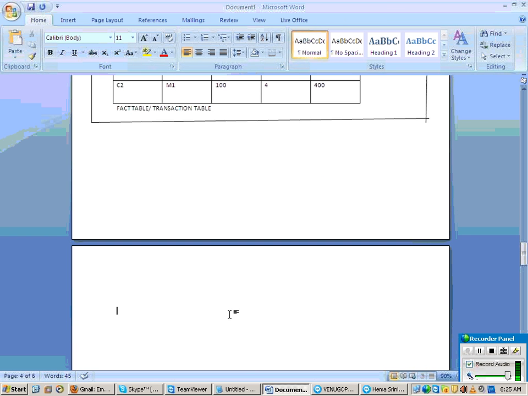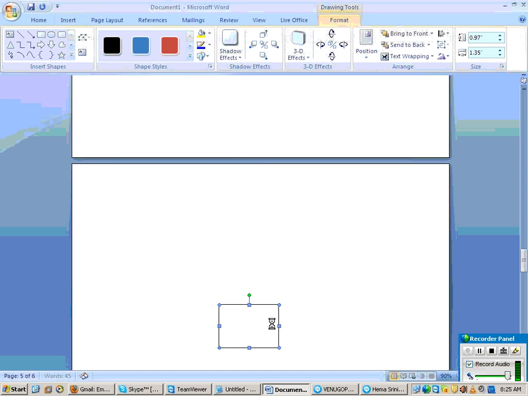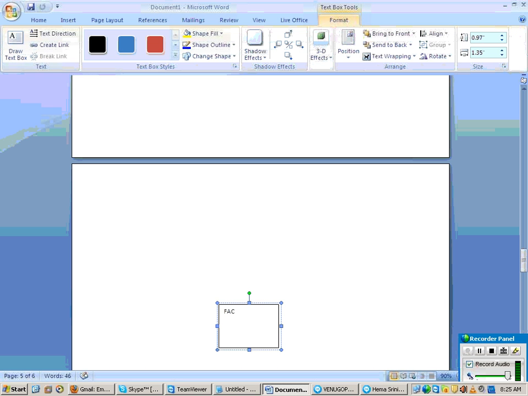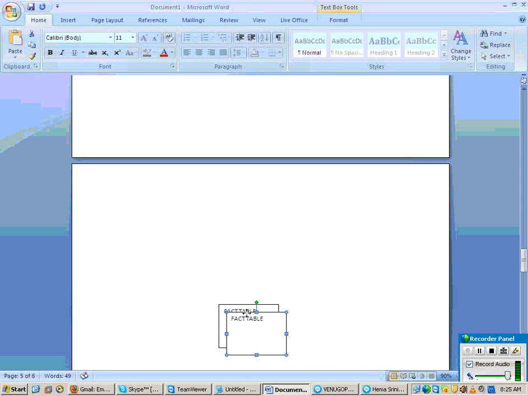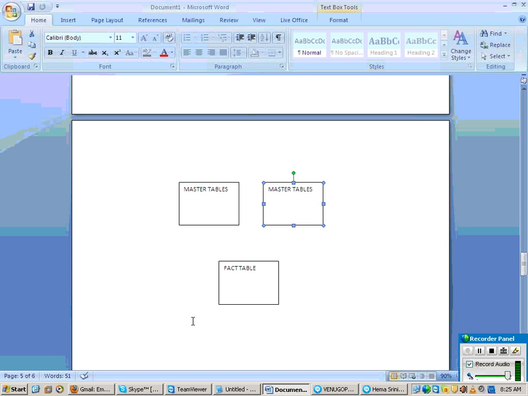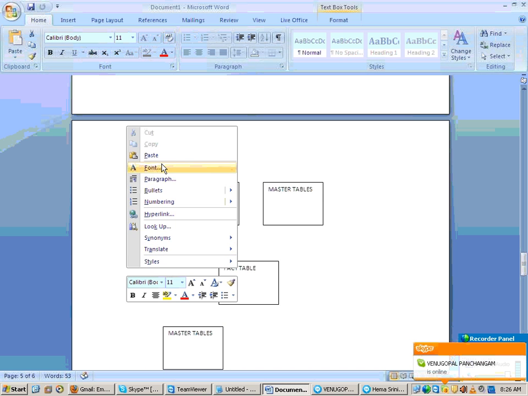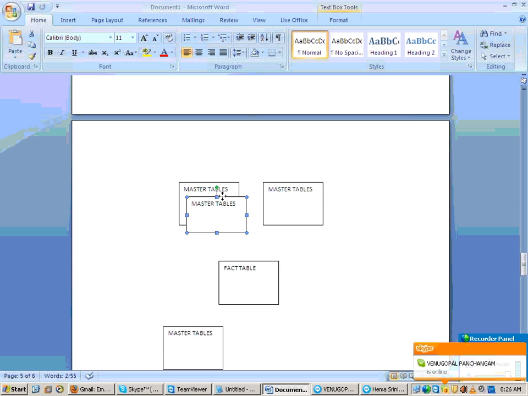Now, see now how is your star schema design? Very simple, just observe. Now I have a fact table. We have a fact table. It is surrounded with what? Master tables, right? So it may be now suppose that this is also a master table and this is also a master table.